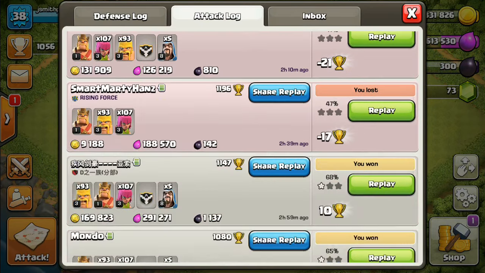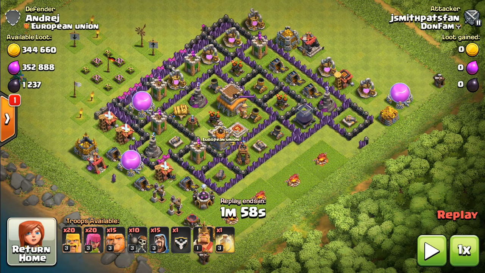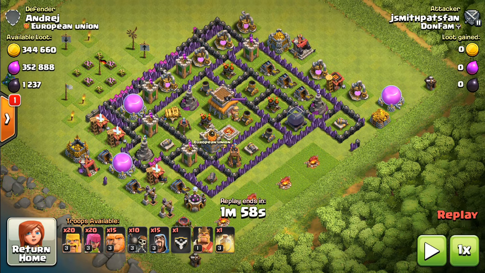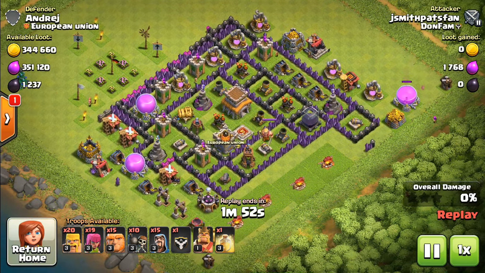So what I'm going to show you next is a video on a heavier composition here. And with this composition, I really like to go with a heavier layout. As you can see, the giants and the wizards, because I'm really going for Dark Elixir here. Obviously this base didn't have the deepest Dark Elixir placement, and actually a lot of its storages were outside. So it's pretty poorly designed, but there's a ton of these in this Silver League level, especially as a Town